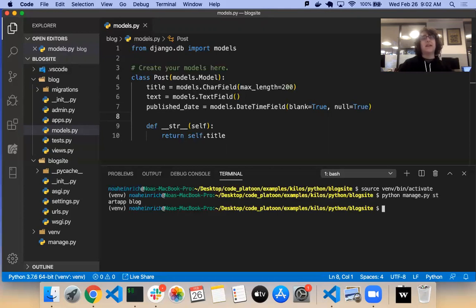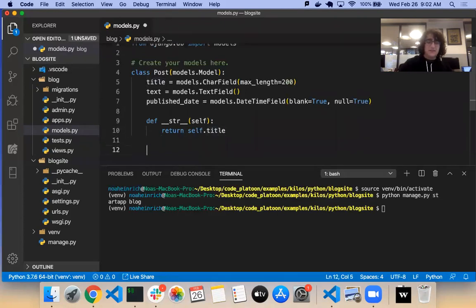Well, I suppose in that case, if I was in a template and I did just post here, then I think what would show up would just be the title, because when I run this, it's the same thing as running post.str.